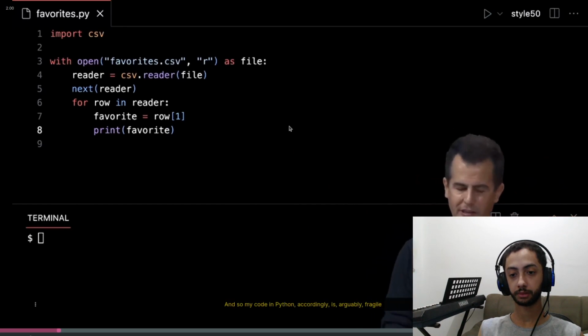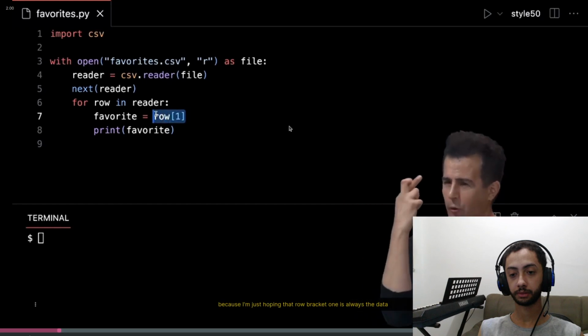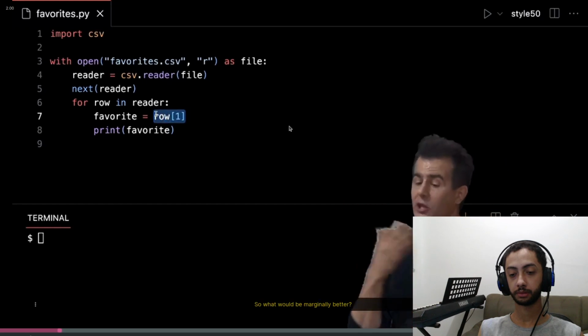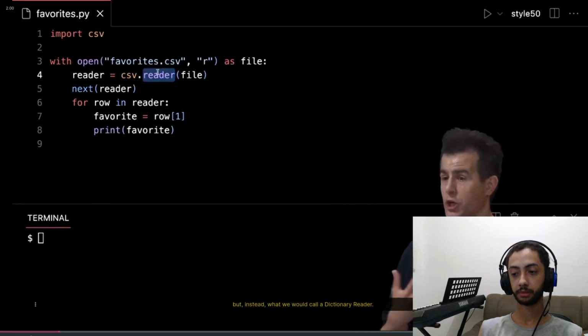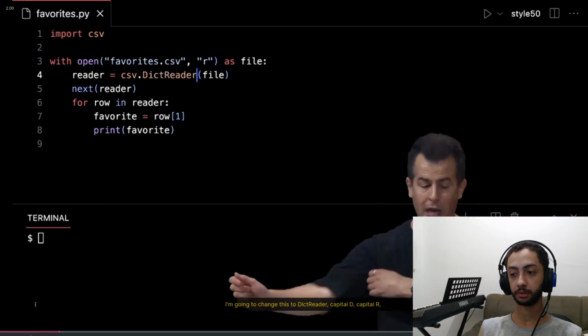And so my code in Python, accordingly, is arguably kind of fragile because I'm just hoping that row bracket 1 is always the data that I care about. So what would be marginally better? Well, let's actually use that header row instead. And more common, arguably in Python, is not to use a simple reader, but instead what we would call a dictionary reader. I'm going to change this to DictReader, capital D, capital R,